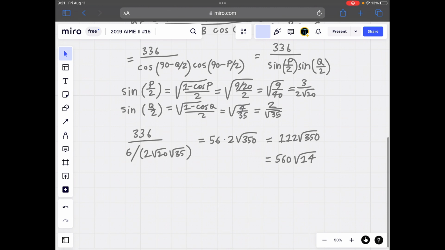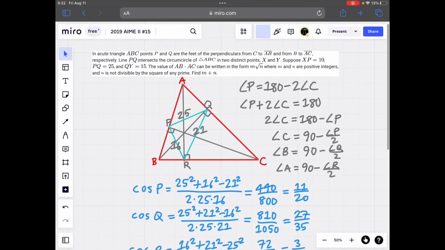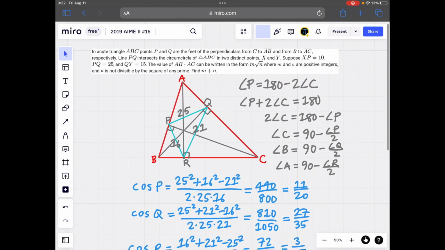That's equal to AB times AC. It can be written in the form m root n, where m and n are positive integers. M equals 560 and n equals 14. What is m plus n? It is